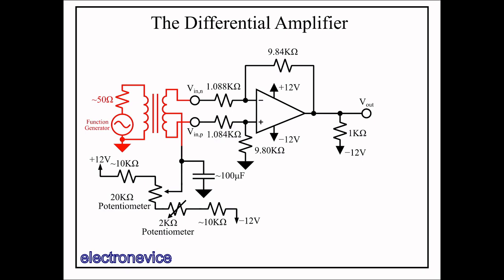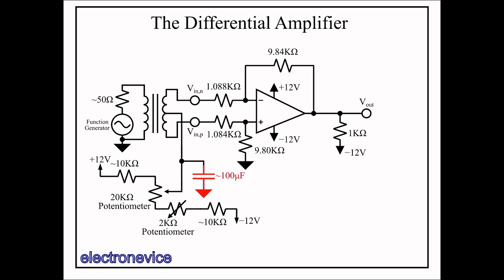I have not measured the turns ratio for this transformer, but it won't matter because the secondary of the transformer will be our input voltage measurement. The center tap is being controlled by a resistive divider made with resistors and potentiometers, similar to the one for the inverting amplifier with offset circuit. This allows us to control the DC offset of the two output voltages, while still keeping the differential output voltage